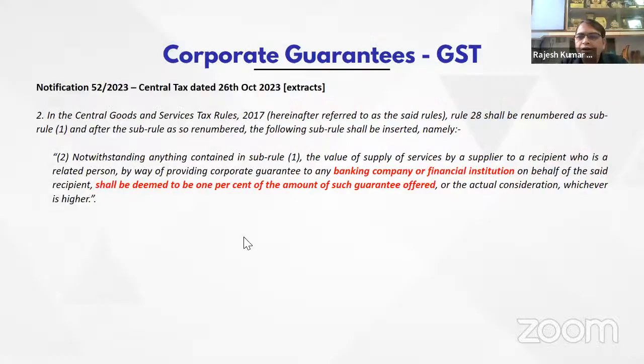वो जो वैल्यू है वही वैल्यू मान ली जाएगी। एक्चुअली ये कंसेप्ट आया तो इसलिए था क्योंकि जो फॉरेन कंपनीज हैं वो अपनी मर्जी से कई बार कॉर्पोरेट गारंटी पे फीस लेती हैं, नहीं लेती हैं, और इशू हो रहा था बहुत ज्यादा इसको लेके।